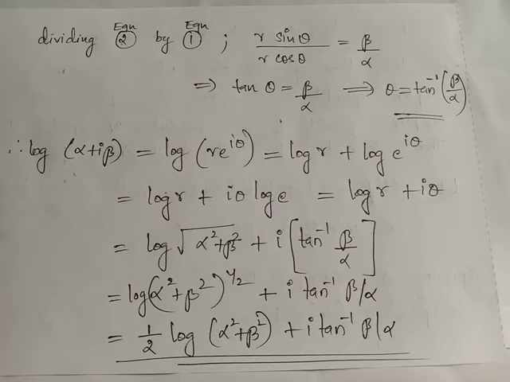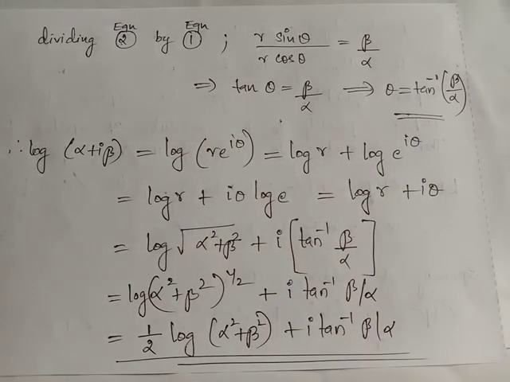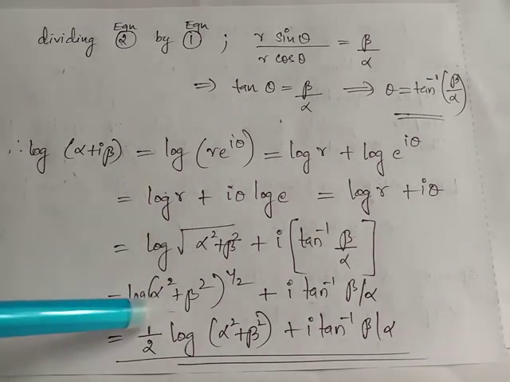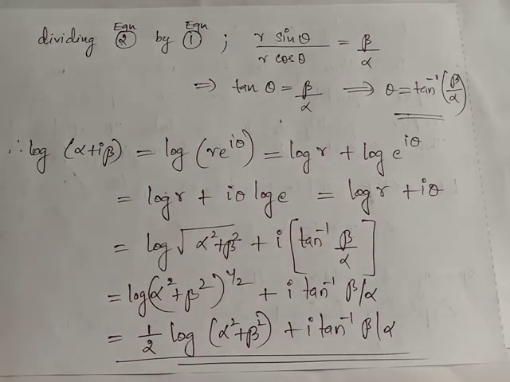Now we apply the expressions of r and theta which we obtained comparing equations 1 and 2. We had obtained r equals root of alpha square plus beta square and theta equals tan inverse beta by alpha. We write the expressions of r and theta in the positions of r and theta. Now we have the expression log root of alpha square plus beta square, which can be rewritten as log of (alpha square plus beta square) the whole raised to 1 by 2. Here we can again make use of the rule log a raised to b can be written as b log a. Therefore, we obtain half times log(alpha square plus beta square).